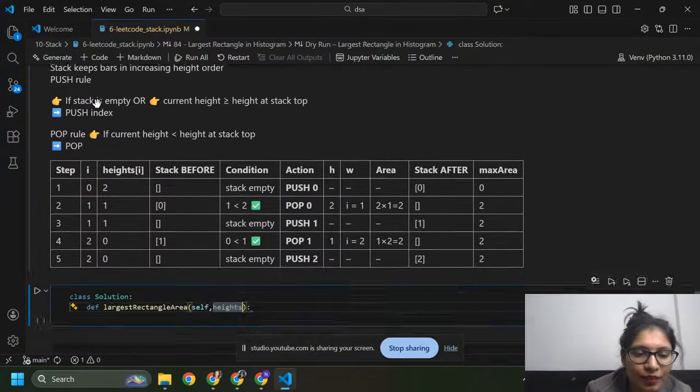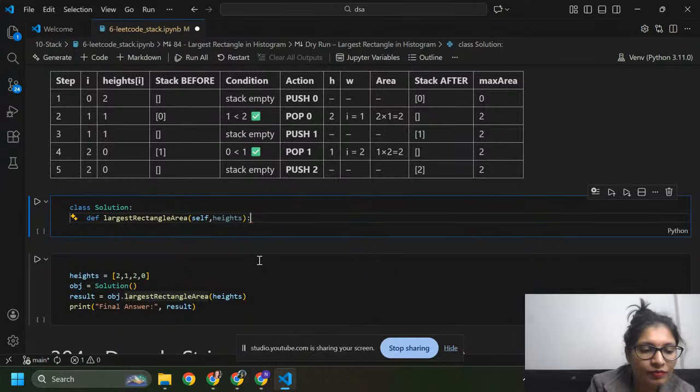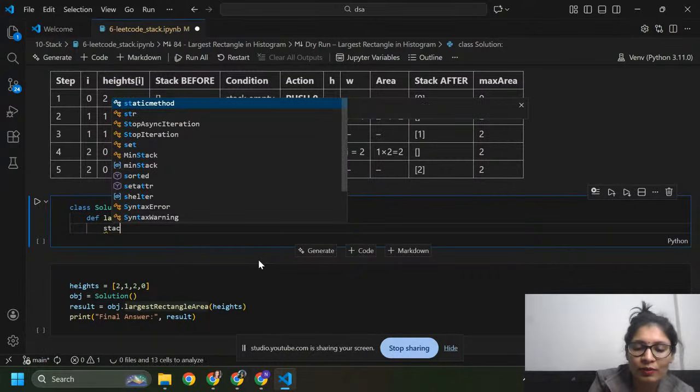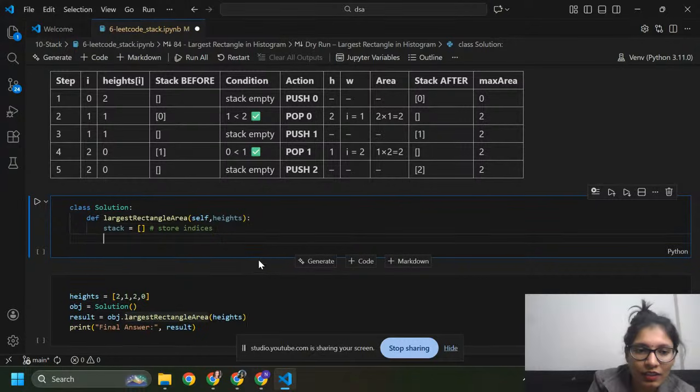After this, I am going to create a stack that should be empty. Stack equals an empty list, so we can store the indices. Here we need to store indices. And here I am going to write a variable, max area, which is initially 0.